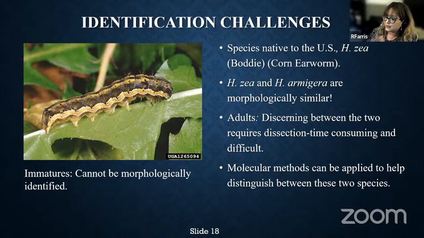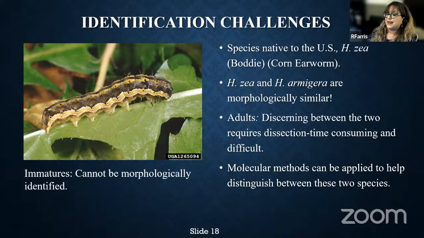Now, it's bad, but it's not near as bad as the Old World Bollworm, all right? So the problem is that these two species, zea and armigera, the corn earworm and the Old World Bollworm, look identical. If you're looking at two adult moths, you will not be able to tell them apart, all right?